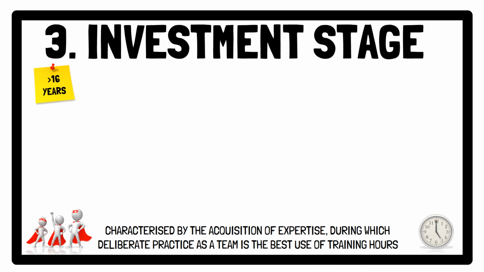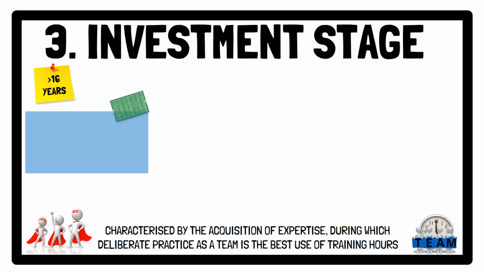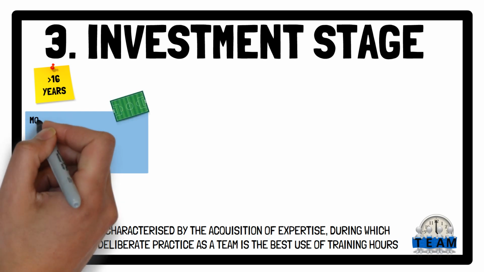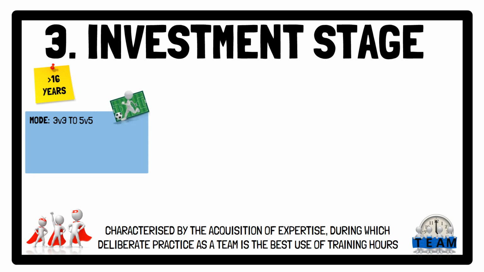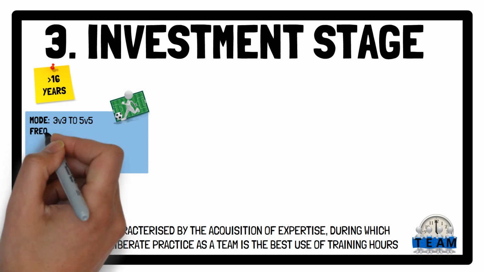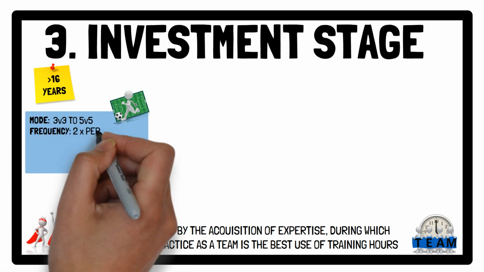Since both physical and technical outcomes can be gained concurrently during small-sided games, this method should be prioritised during the investment years. In terms of prescription, team numbers can vary from 3v3 to 5v5, but games should be performed in large areas relative in size to the total number of players involved, performed twice per week, lasting anywhere between 8 to 28